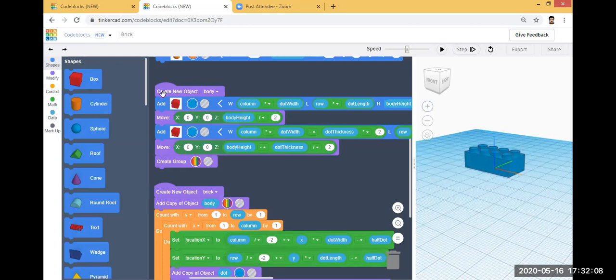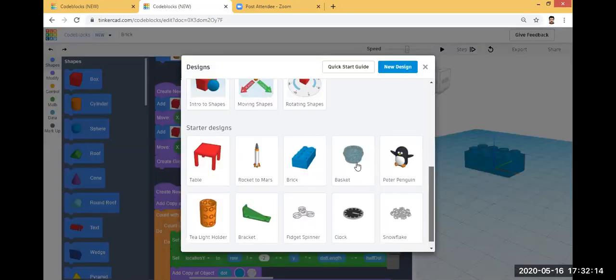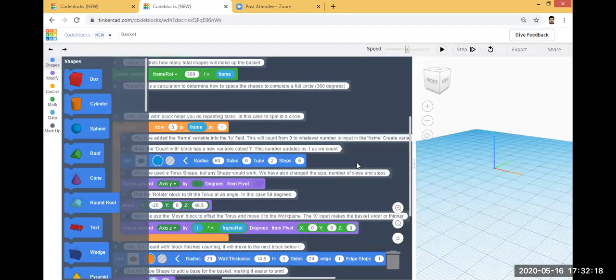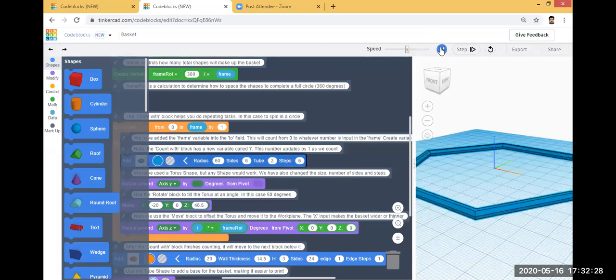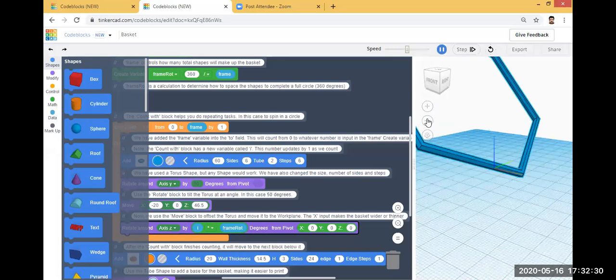Okay, so this is another example. Then another one is the basket. Just click once. Then just click the play button.